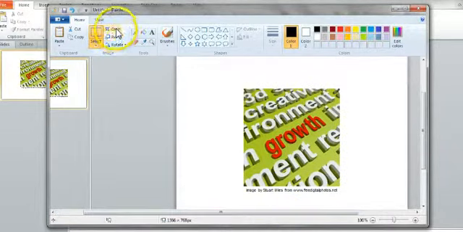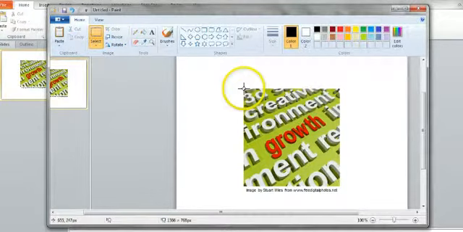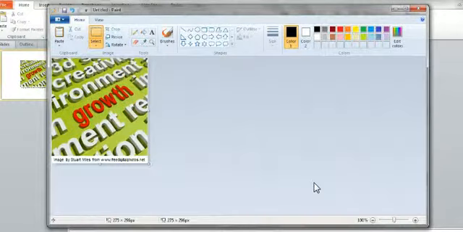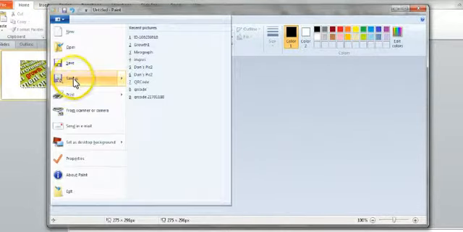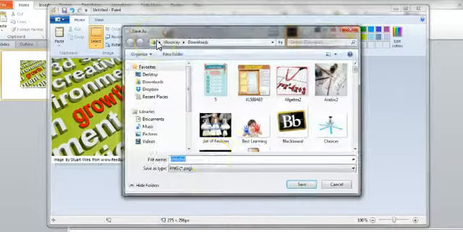So I'm going to come up here to my crop button. I'm going to click on it, and then I'm going to put my cursor exactly over what I want, and then there we go. And then I'm going to right click, and then I'm going to say crop, and then it crops. It takes all of that excess material out, and then you can save it depending on what form you want to use it. I always save it as either a JPEG or a PNG,